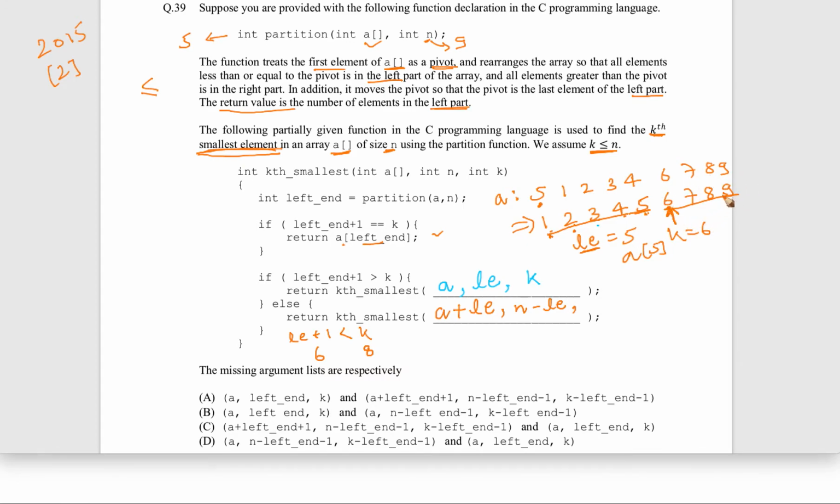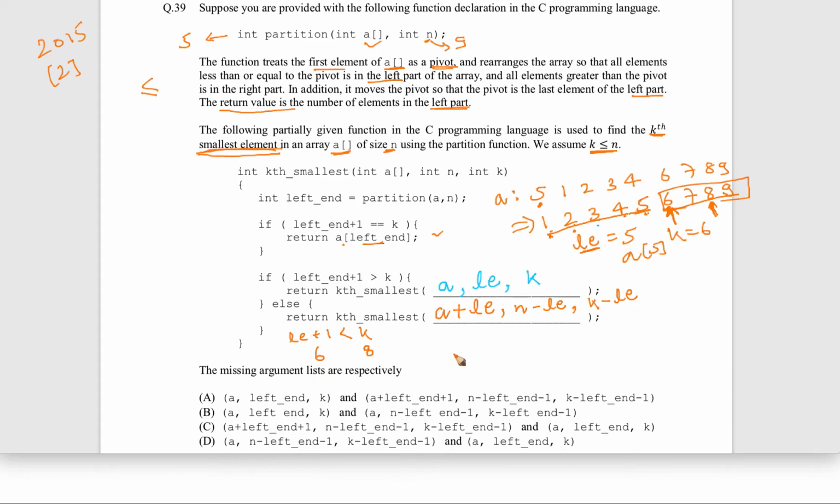Basically the 8th smallest element in the entire array is the third smallest element in this array, isn't it? So how is 3 coming? It is coming by decreasing le from the initial k. So k, 8 minus 5 is 3, so k minus le will be the new index, k minus le. le is basically left end. I am just writing it in short.